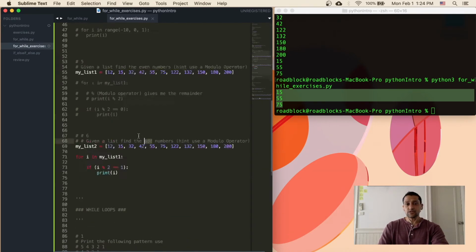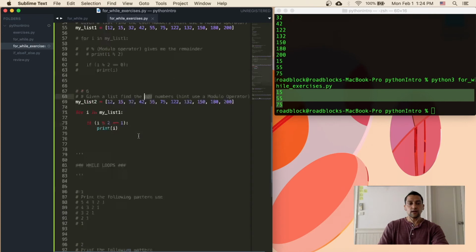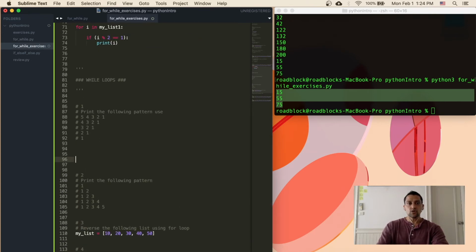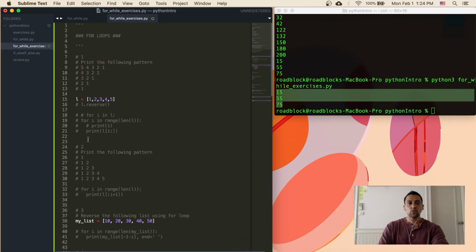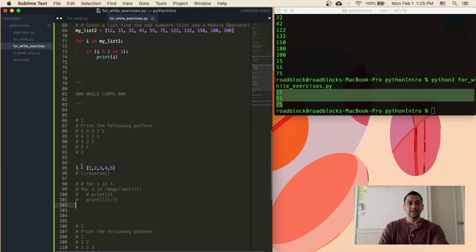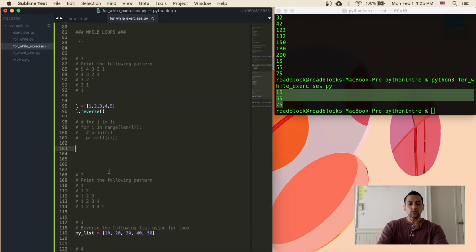Now we're going to do the same exact exercises, but we'll do all of them in while loops. So in our while loops section I am going to make this same exact list and convert it from a for loop to a while loop. I'm going to copy all of this and we're going to do this again, but I'm going to change the for loop so you can see how it's similar and how it's different from a while loop. So here's our original for loop. Now a while loop needs you to think about the break